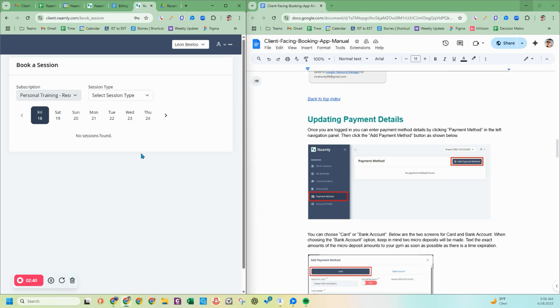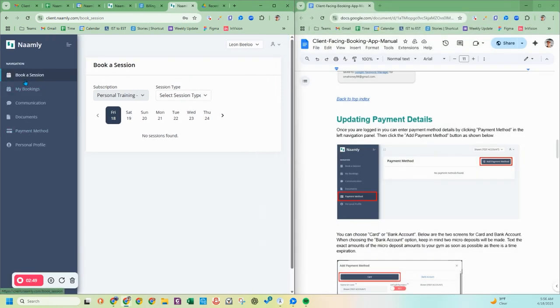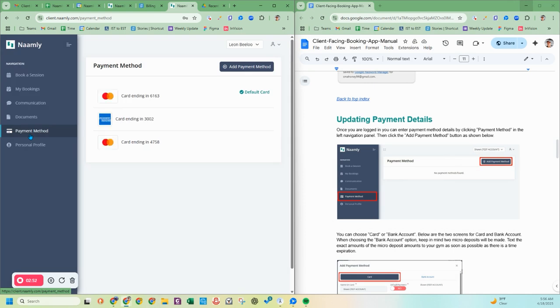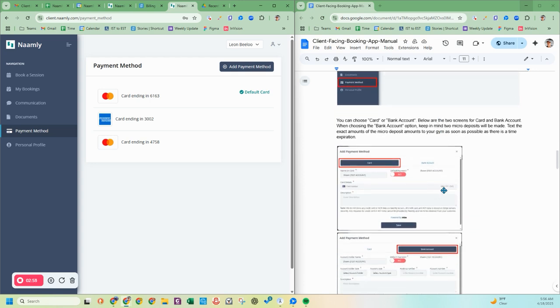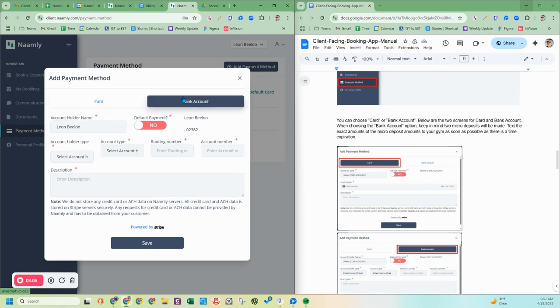Okay, so let's take a look at updating payment details. So in that, it's a little bit wider. So payment method's going to be down here. So you'll have your card information. You can add the payment info in there. Pretty straightforward. If the business that you're working with is requesting the work be done on what's called an ACH, which is a draw through your checking account, you would use the bank account information. Basically, if it's an individual or company account, savings or checking account, add your routing number, add your account number,